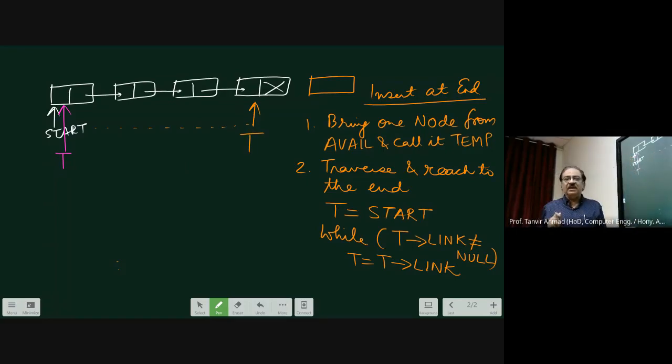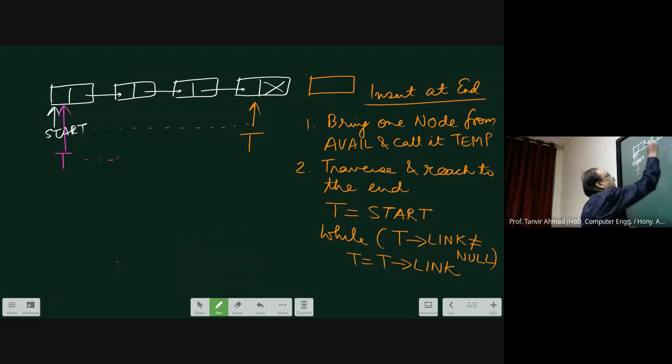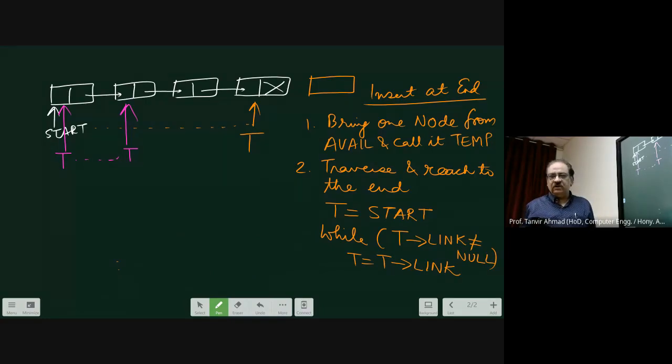That means I will say while t of link is not equal to null, is true because it contains some integer value. Now you say t is equal to t of link. What will happen? Now t will move from here to here. Again you say while t of link is not equal to null. Again it is true.